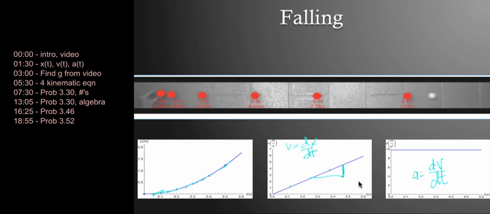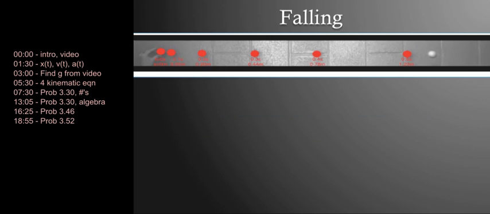Let's see if we can be a little bit more precise about this. So let's calculate what the acceleration is. Let's use this position and this time. We have the distance that it fell to be 1.23 meters, and the time that it took to fall this distance was 0.5 seconds. It's safe to assume that the acceleration is constant over this time period. And so we're going to use